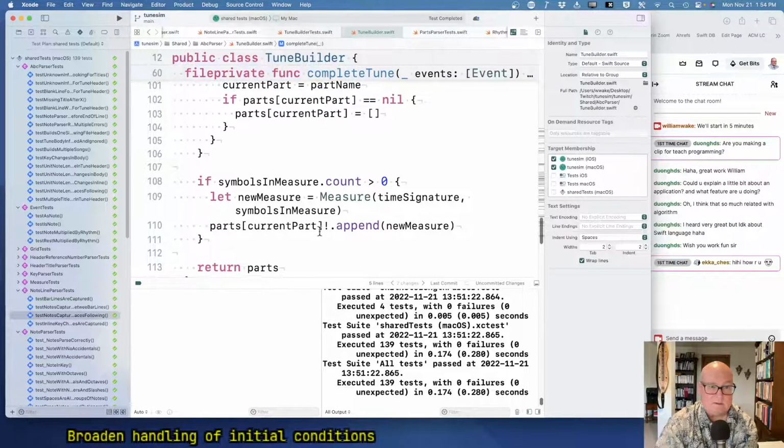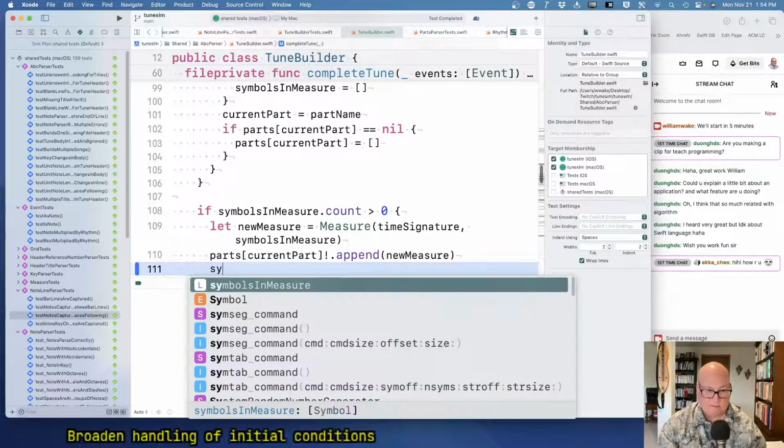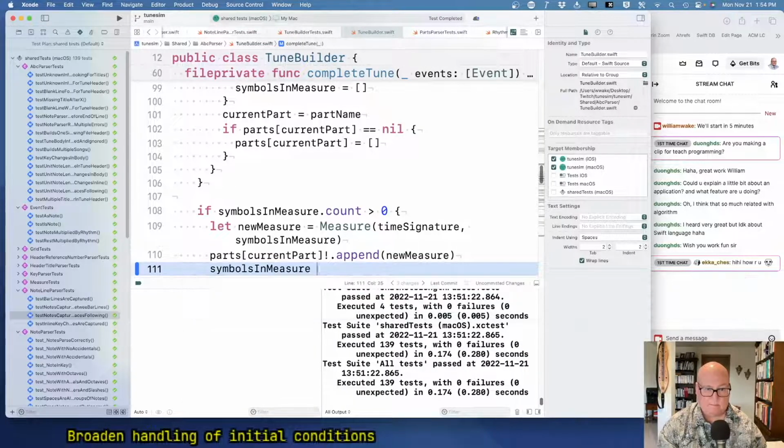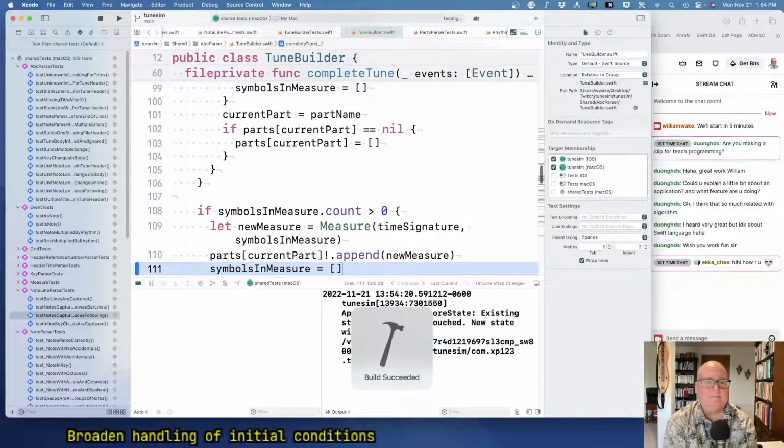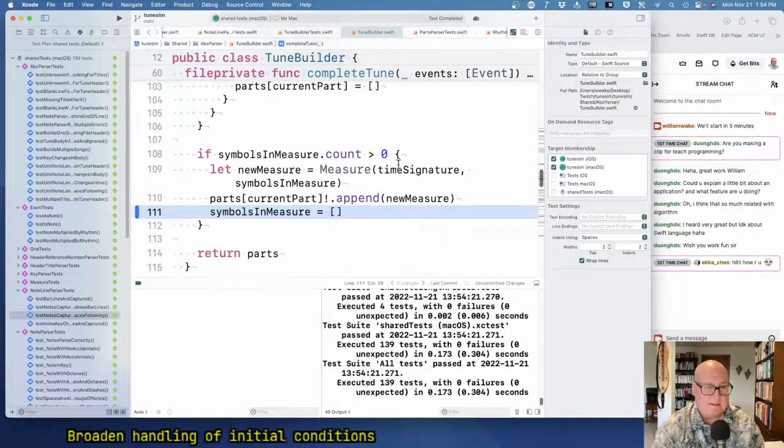Well, we don't say symbols in measure equals empty, but we could. Let's do that. Okay, and then this thing is